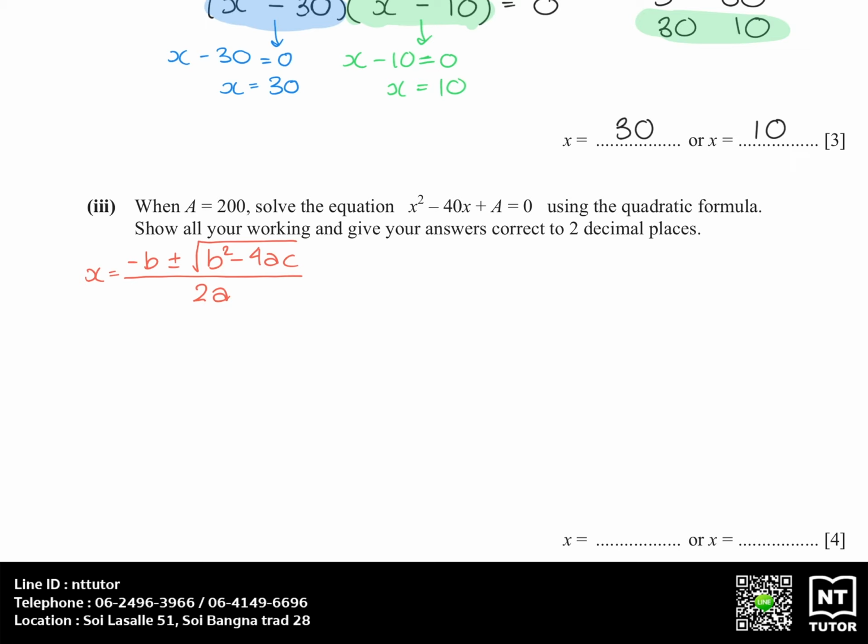In this case, we have x squared minus 40x plus a, which in this case is 200, equals 0. So the value of a in this case is the number in front of the x squared, so a equals 1. b is the number in front of the x, so in this case b equals minus 40. And c is just the number without any x term, in this case 200. And all we need to do is substitute it